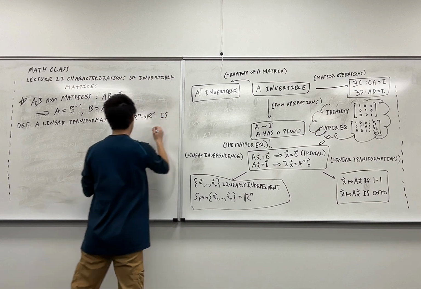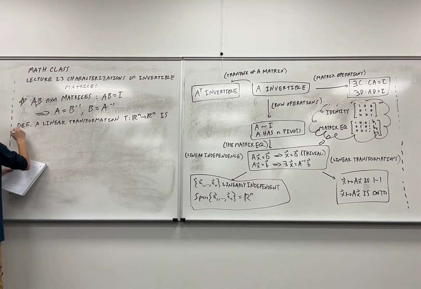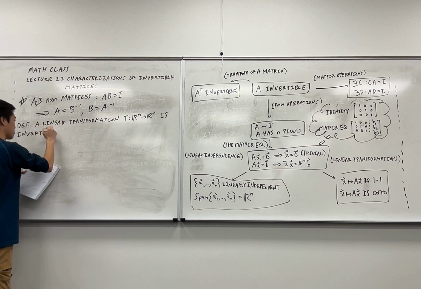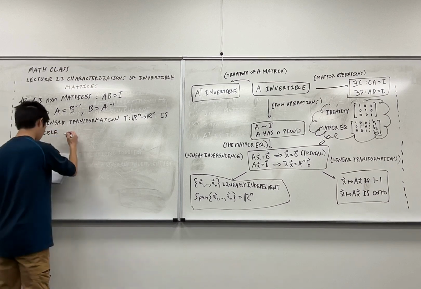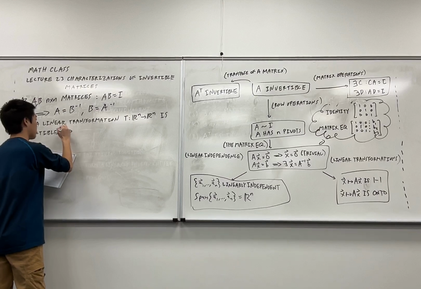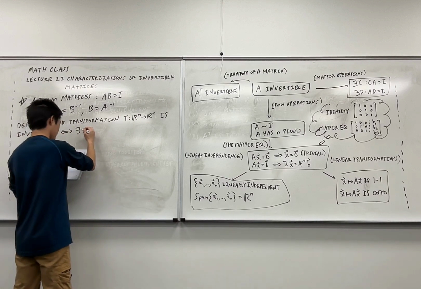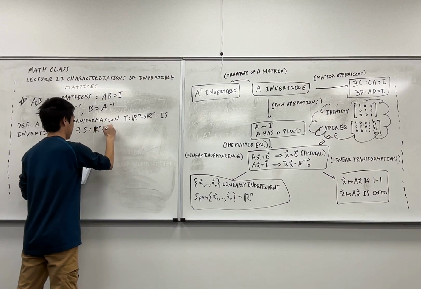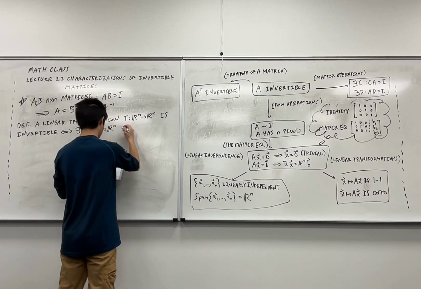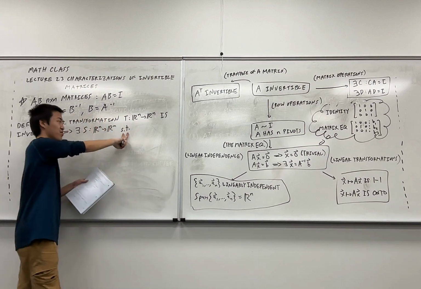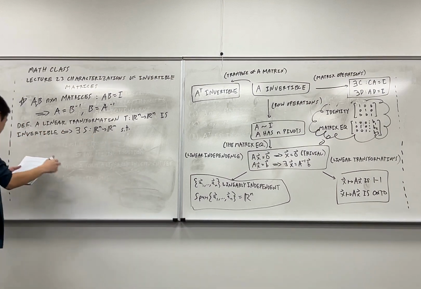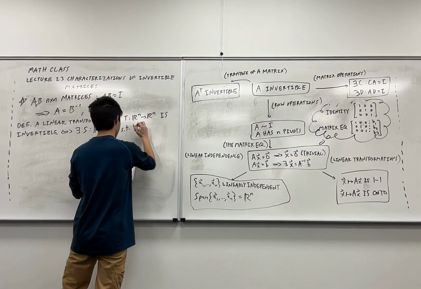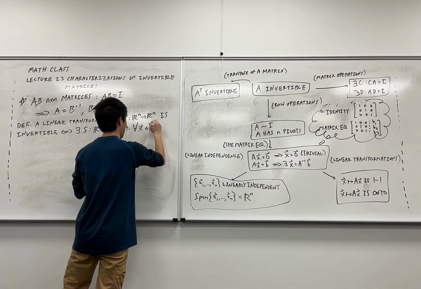This is invertible if and only if there exists some transformation S from Rn to Rn, such that, this is another abbreviation that's really useful to use inline, such that for all vectors x in Rn,